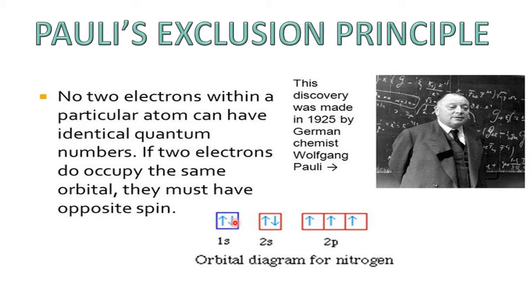And for this other electron, what are the 4 quantum numbers? n equal to 1, l equal to 0, m equal to 0, but s equal to minus half. So where do they differ? They differ in their spin. What does the rule say? No two electrons can have the same set of 4 quantum numbers. That is the meaning of Pauli's exclusion principle. They may have n, l, m the same, but they have to differ in the spin. So every orbital can take a maximum of 2 electrons, that too with opposite spin.